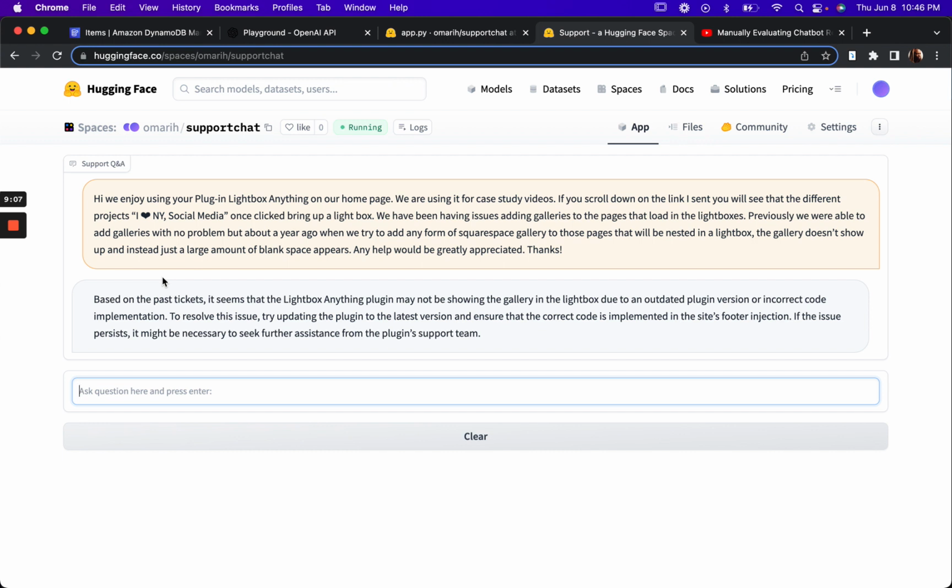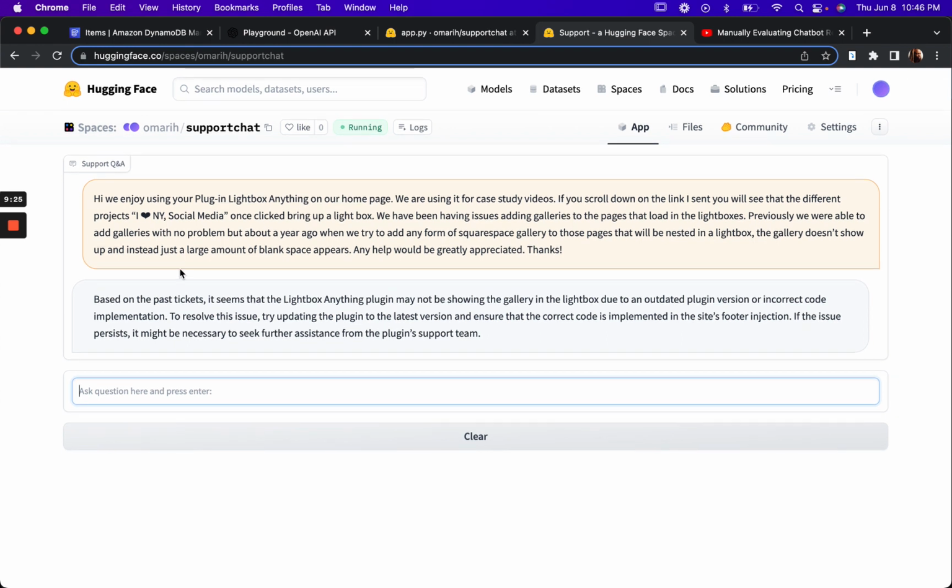So like any tickets we've resolved since April 2023, our chatbot doesn't know about that, right? So keeping that fresh is something that I'll have to work on next,